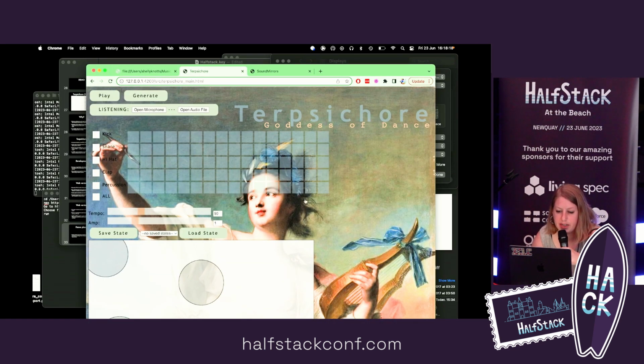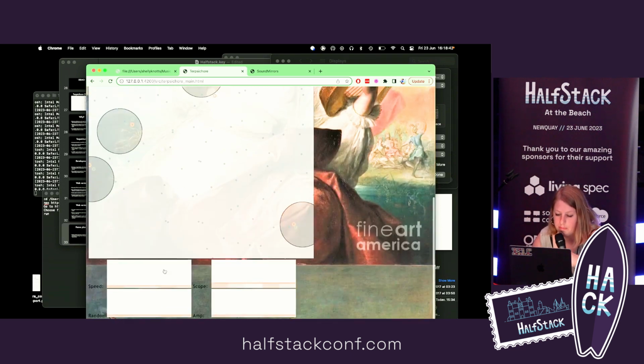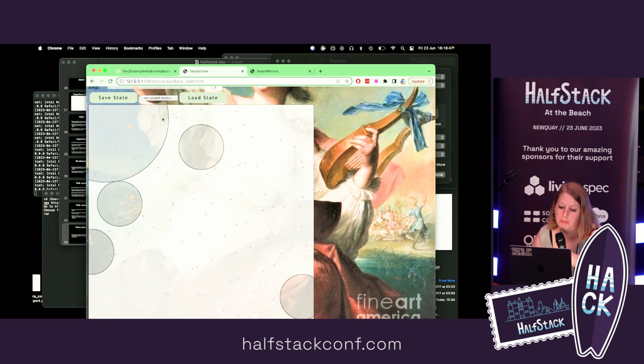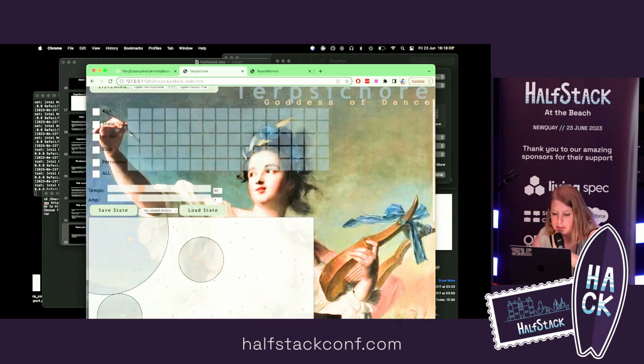So first I hit generate, and then it makes me a nice map. Each of those green circles is a marker that's moving around, and the orange one is the selected beat pattern. The blue ones are the whole graph, and the big gray one controls the scope of the green marker. So I can make it bigger, which will give it more variation, and I can move the marker faster or slower, and then some amplitude stuff. So I'm just going to play that now.